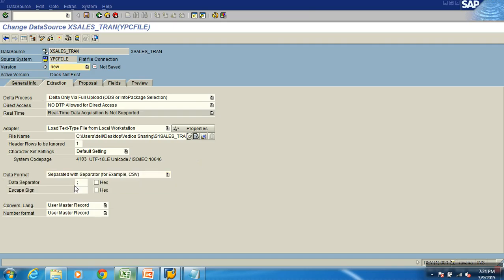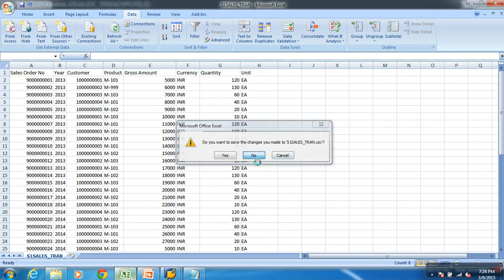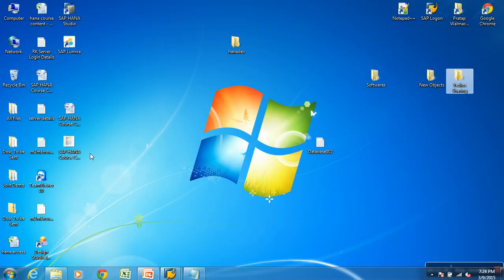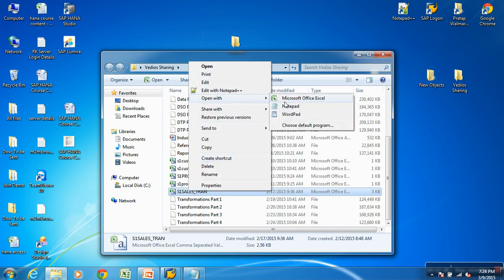Okay. Now let me just close this file once, and I want to open this file normally and then show you. When it is CSV, if you try to open this with Notepad, you will see each field is separated by a comma,